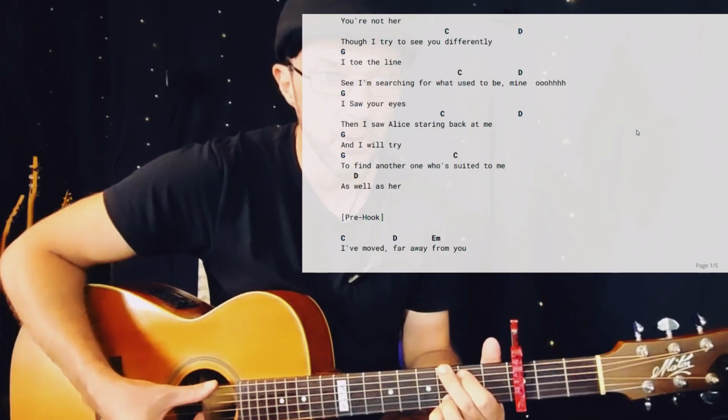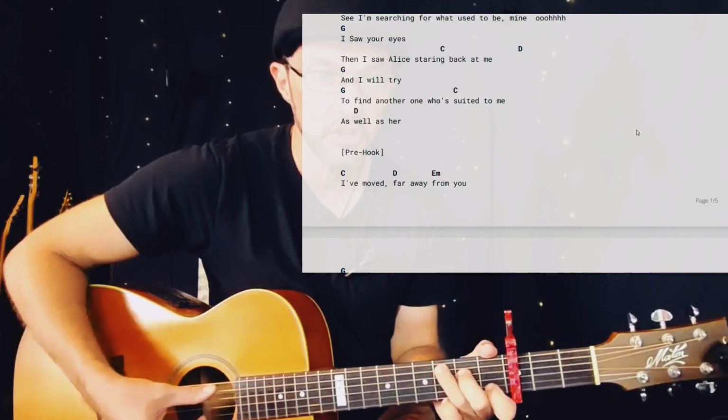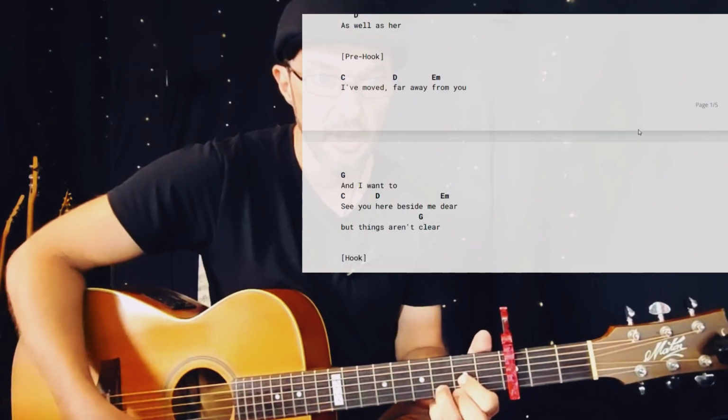So how many chord shapes? We've got 1 for the G, 2 for the C, 3 for the D. So far he's got 3. And then he's got the E minor. They're pretty much the 4 chords I think he knows that he uses for most songs. They work really well together. I don't blame him using these chords. If I wanted to sell lots of records and stadiums, I would use these same chords.